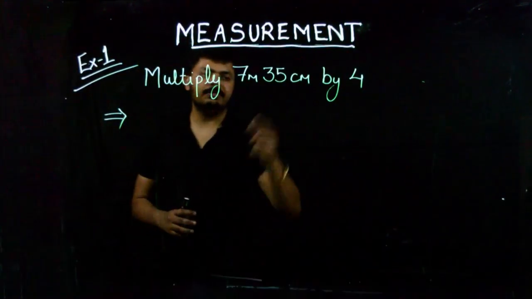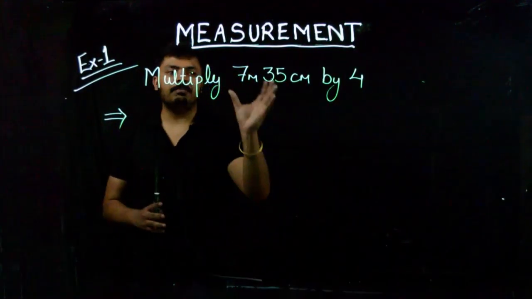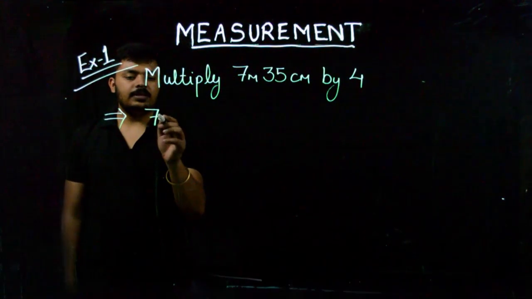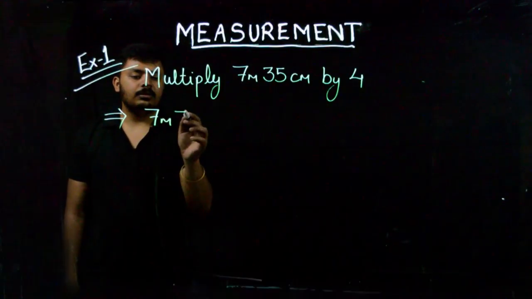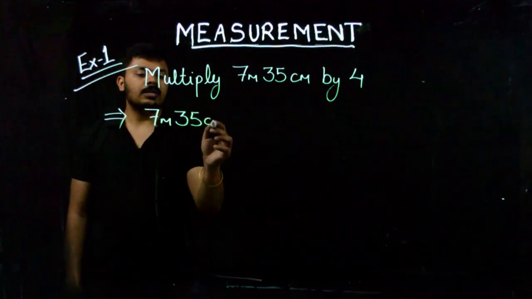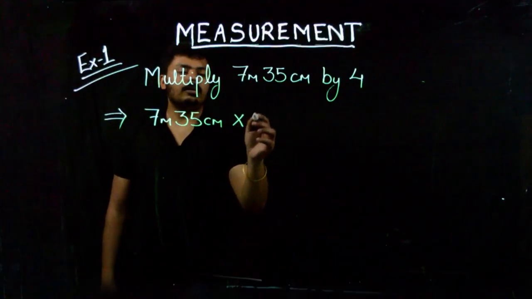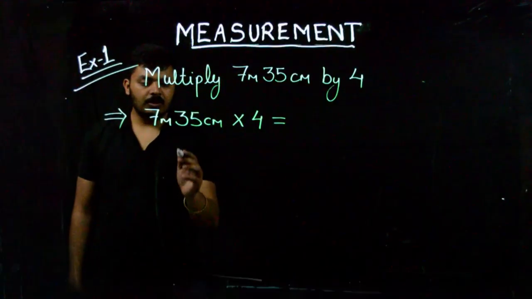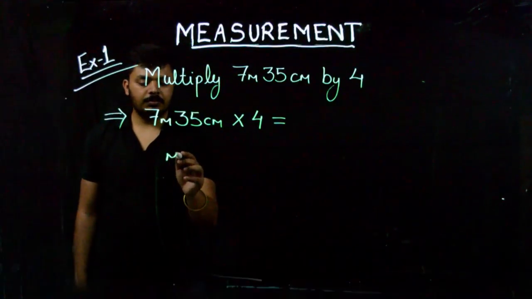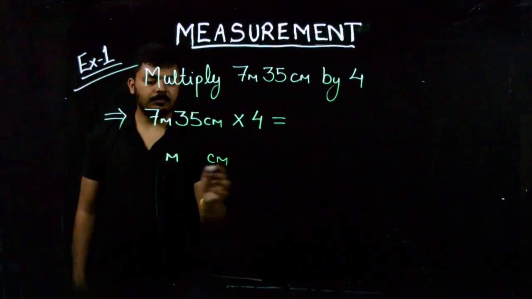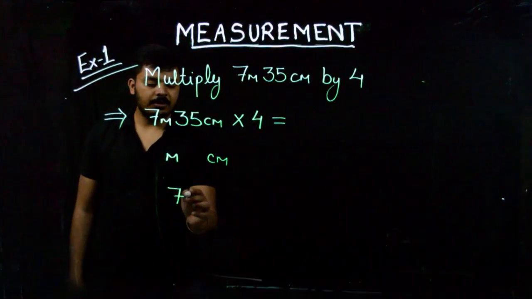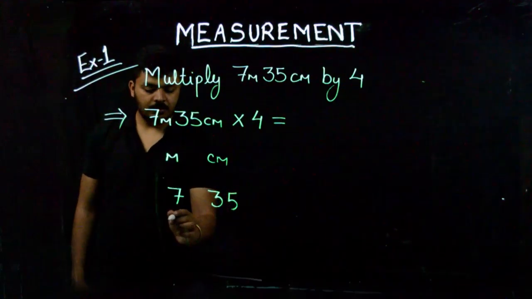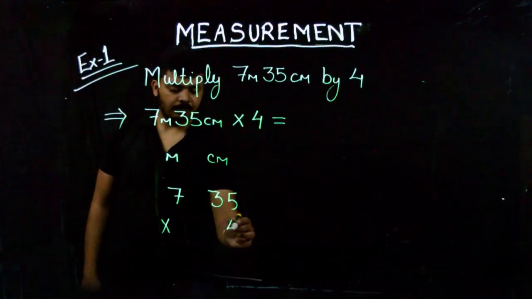Multiply 7 meter 35 centimeter by 4. So we have to multiply this length by 4. So let's start. First let's write it. 7 meter 35 centimeter multiplied by 4 is equal to. So now let's perform. So again making two columns, meter, centimeter. 7 meter 35 centimeter multiplied by 4